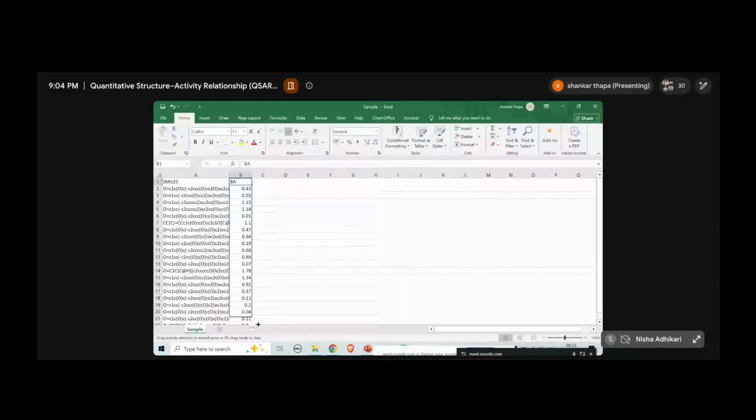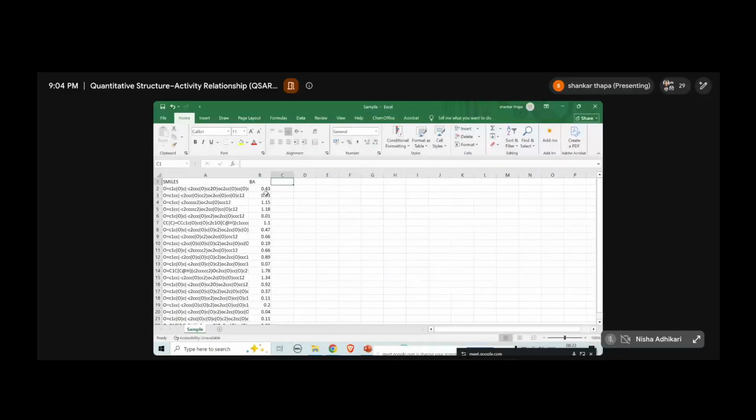Okay, so this biological activity, either in IC50 value or in pIC50 value, is fine. But for other software, this biological activity value should be converted into pIC50 value. IC50 value you can't use; it needs to be converted into pIC50 value. But for today's software, it's fine if it is in IC50 or pIC50, because we have an option to convert IC50 to pIC50. So pIC50 is nothing but the negative logarithm of the IC50 value. Okay, so tomorrow I will show how to do that. So only these two things are required.